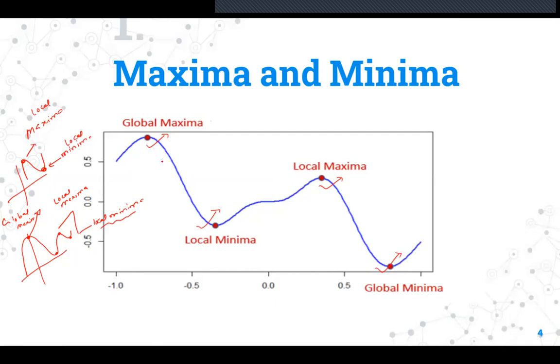Okay, so similarly you have shown it here, like this is a curve and this is a curve, and you can find out this particular point P is the global maximum because it has got the maximum height. Point Q is the local minima. Then this is a local maxima. Okay, and this is global minima. Now how to find out local maxima, global minima, local maxima, local minima, we'll deal in the future.